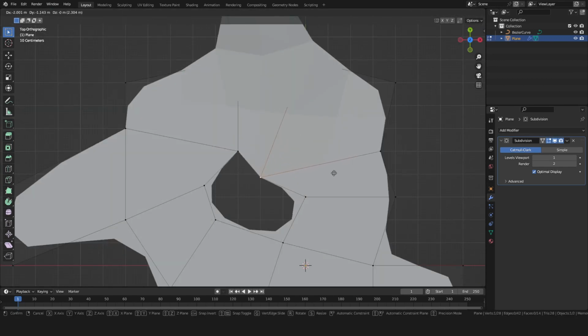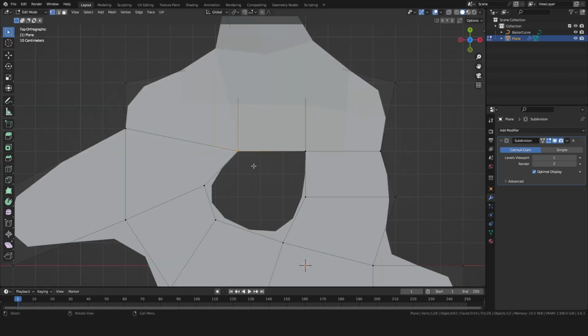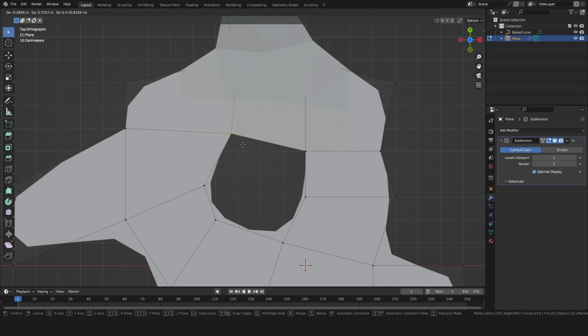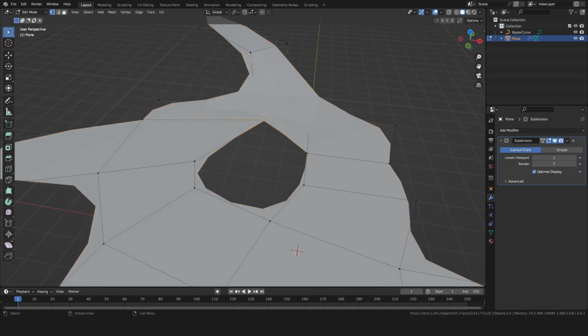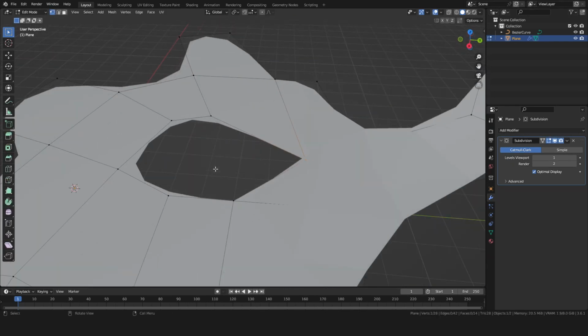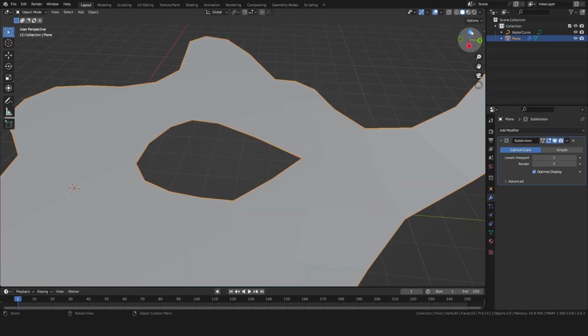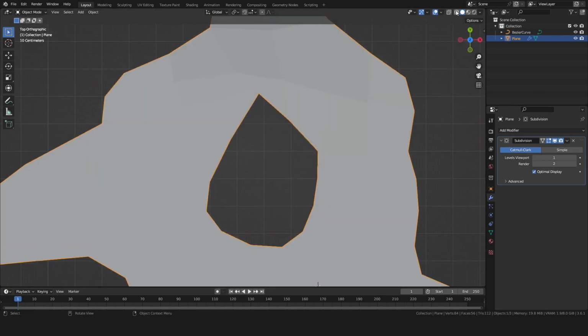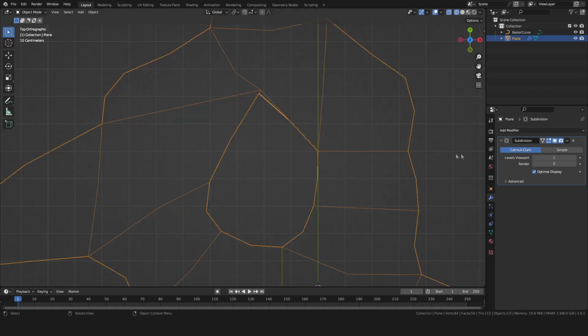Why is this remaining? It's supposed to look like this. It does not make much sense. It's simply because if I go into this view,